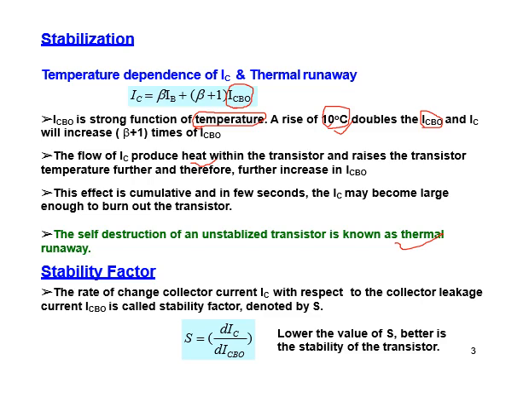So we have to stabilize the transistor against the variations in ICBO, beta and temperature. For this purpose, a factor called the stability factor is defined. Stability factor is defined as the rate of change of collector current with respect to the rate of change of leakage collector current. The value of this stability factor must be as low as possible. The lower the value of S, the better the stability of the transistor. The lowest value of S can be 1.